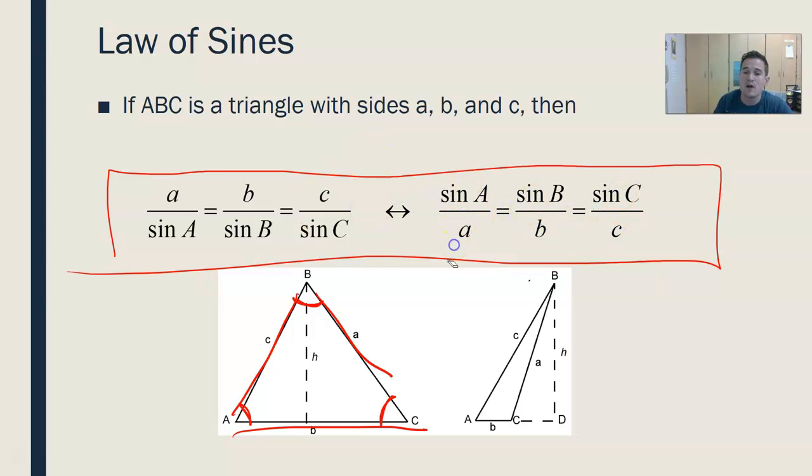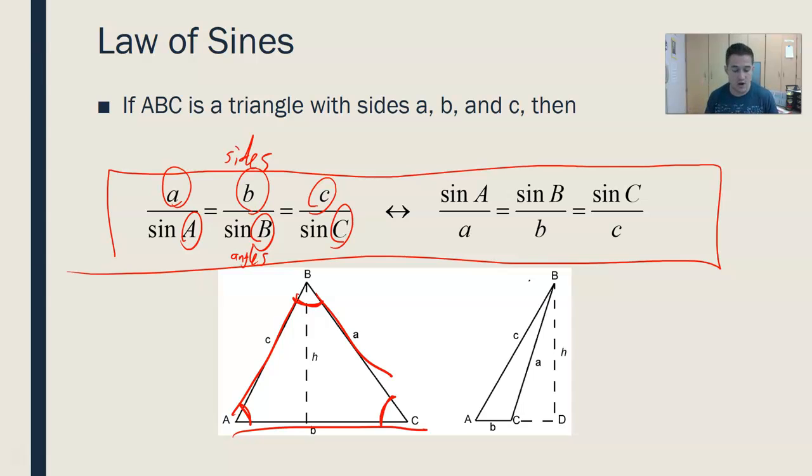That ratio is always going to exist. That's crazy. That's so cool. I think that's nuts. So in each of these, keep in mind that the capital letters usually represent the angles, and the little letters usually represent the sides. So again, the ratio of the sides to the sine of their opposite angles all will be equal to each other for every triangle. So that relationship, that knowledge can come in handy with solving for different sides and different